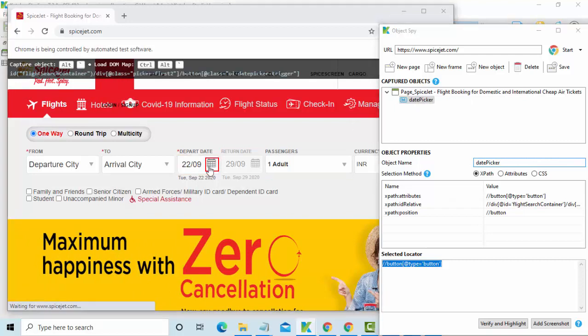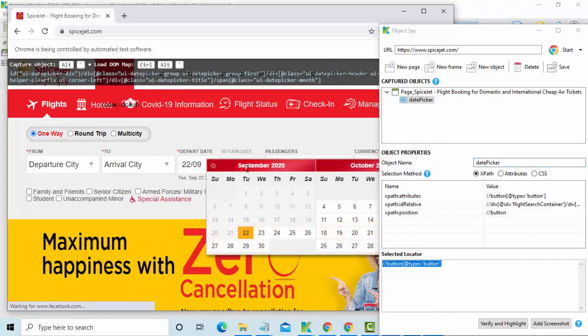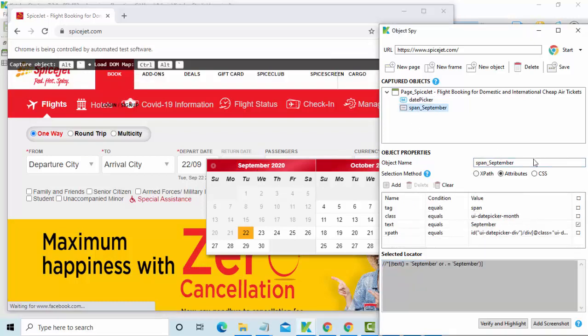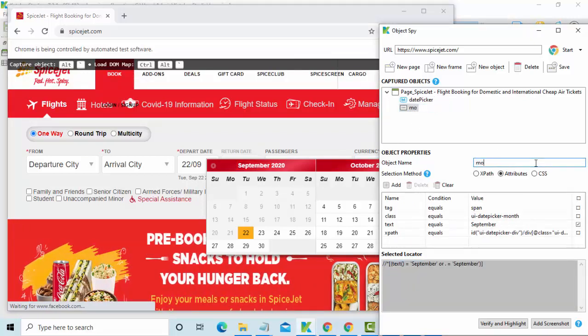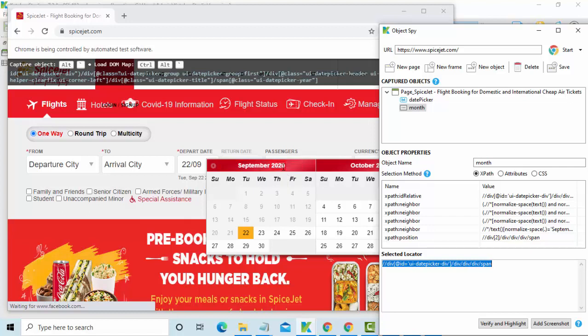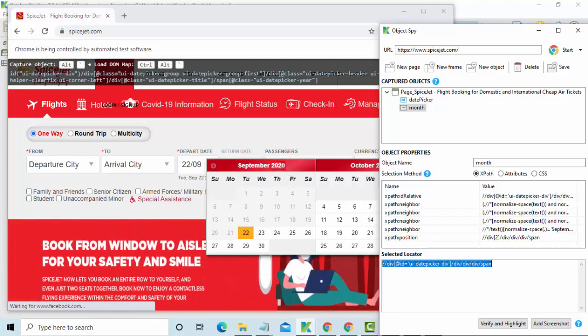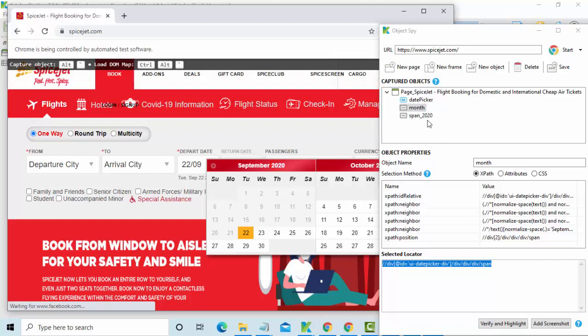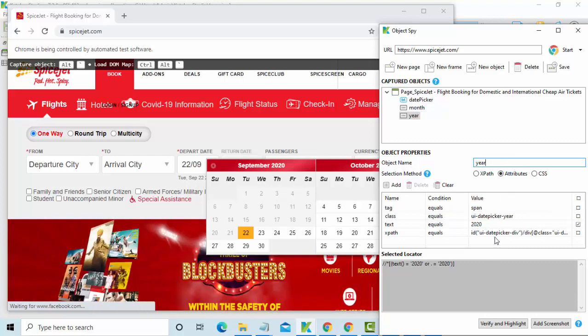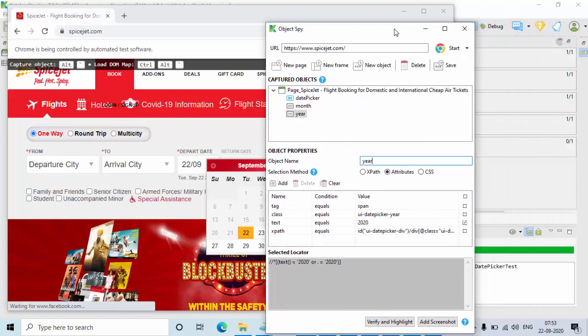Now once I click on it, I need to know this is month, this is year. As of now, I need these things. Later we'll add a few others if we want.